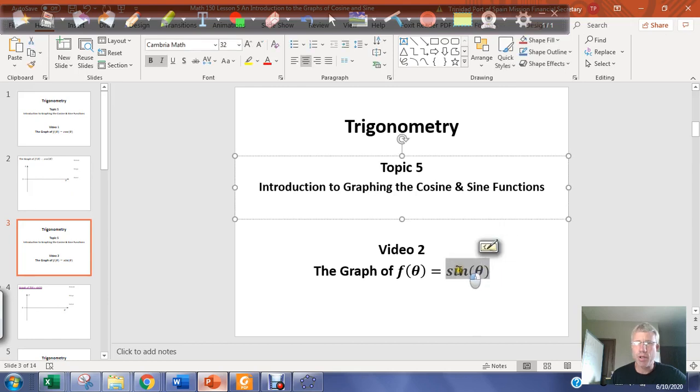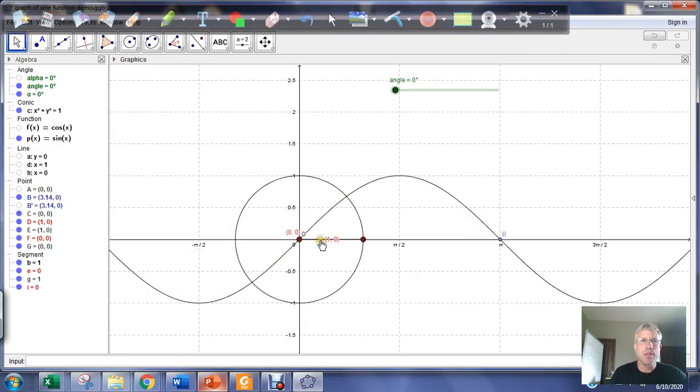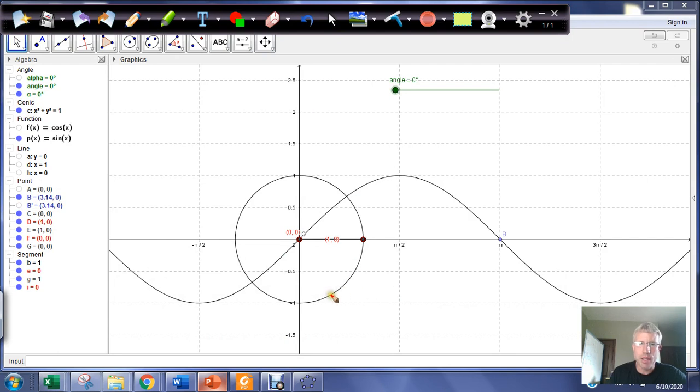So in this video we want to explore the sine function and understand why it looks the way that it does. So just like we did with the cosine function, what we want to remember is that we have already demonstrated that for an ordered pair xy on the unit circle, that ordered pair can be described in terms of the cosine of theta as the x-coordinate and the sine of theta as the y-coordinate, where theta,